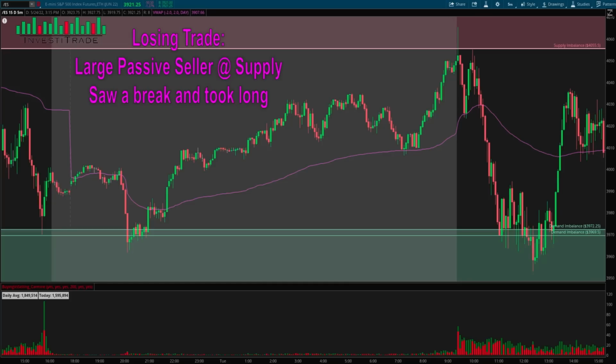And in my opinion, I think this was an emotional decision and I should not have taken this trade. But essentially what we're going to have here is the market dips into this demand zone and we rally out of it, and we come into supply at